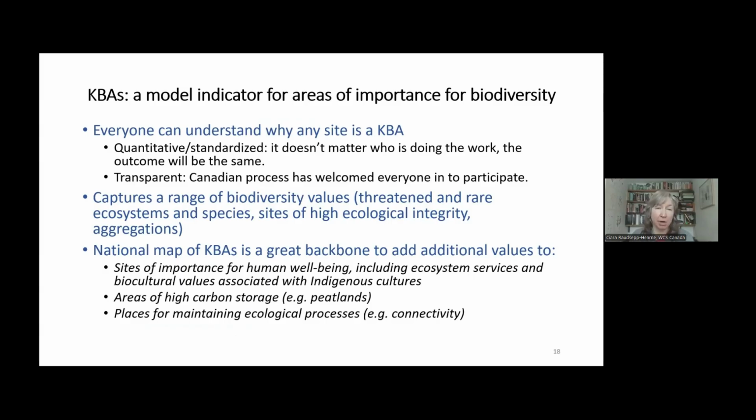So we think that these are a model. It turns out, as I said before, that there aren't that many other biodiversity indicators that are standardized, comprehensive, easy to use, entirely transparent, and they capture a range of biodiversity values. It's a big deal, and we think that we need to develop other complementary biodiversity indicators in the same way